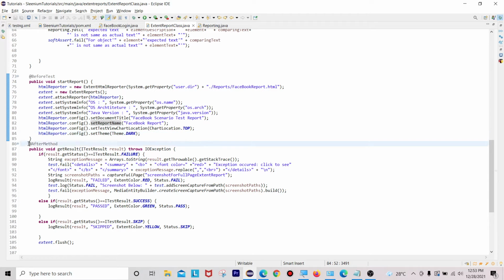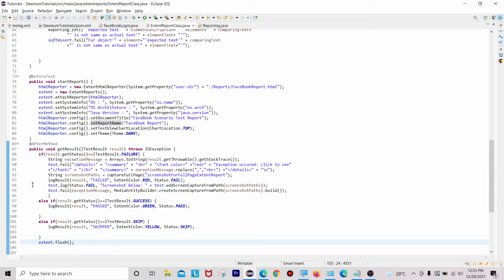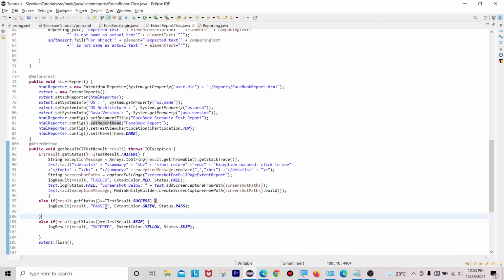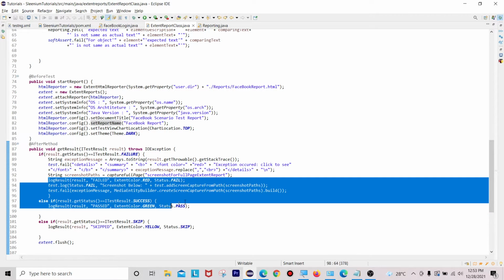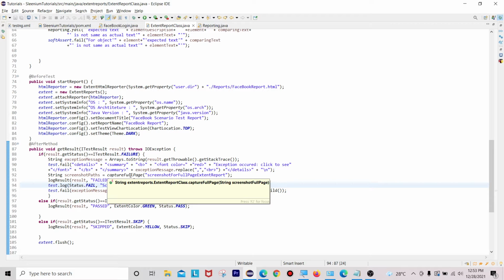After that, if any method is executing, once that method is executed, you will get the status in this way. If the test method passed, you will get inside your report that the test method passed. If there were any failures, you will get the status as failed along with the screenshot method. Here I configured it for failed status.